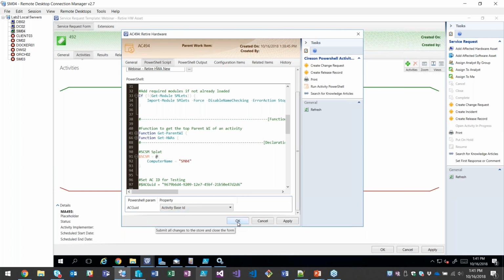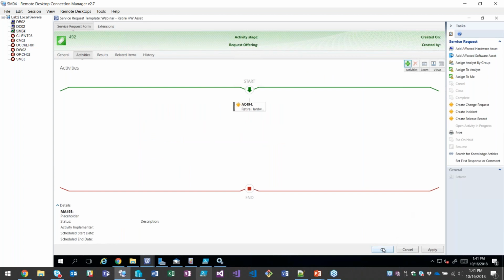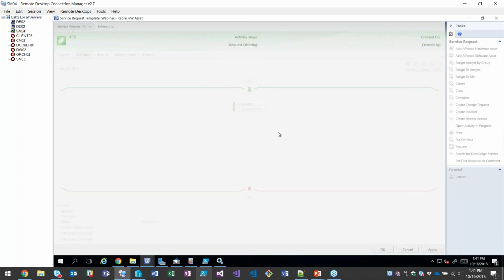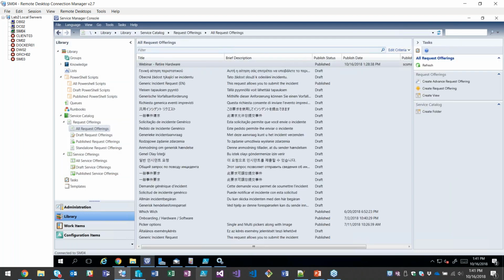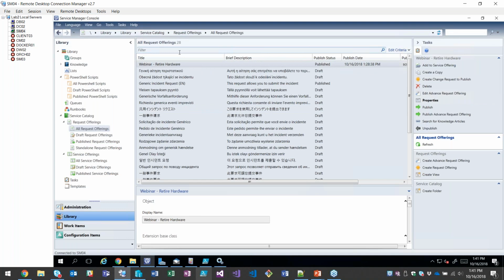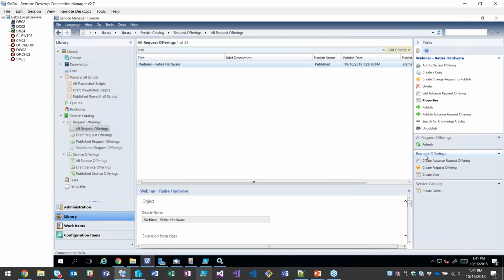So I'm going to hit OK, and then I'm going to hit OK again. So I've now just replaced that manual activity with this PowerShell activity. And all I'm doing there is having the script now run without having to open up the ISC PowerShell console and hit run. It does so automatically. So while I'm here, we're doing okay on time, so I will also add in here